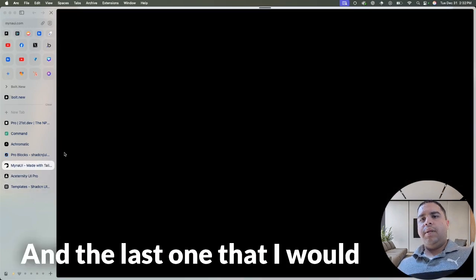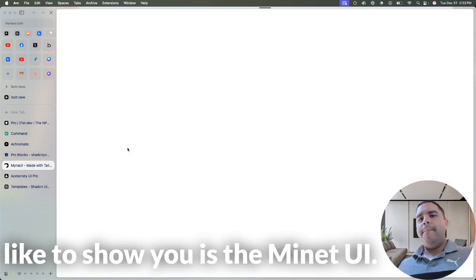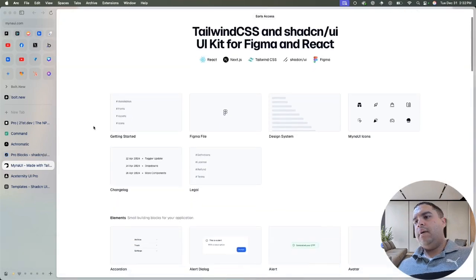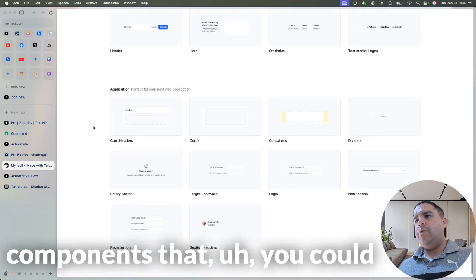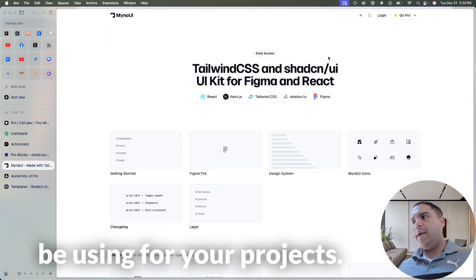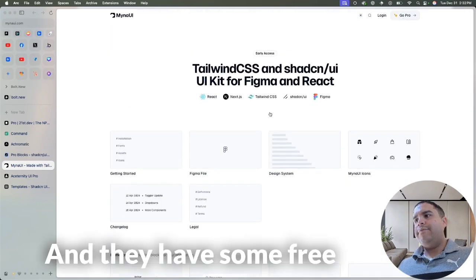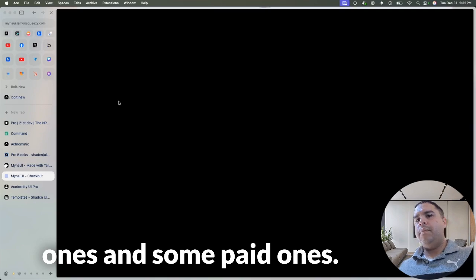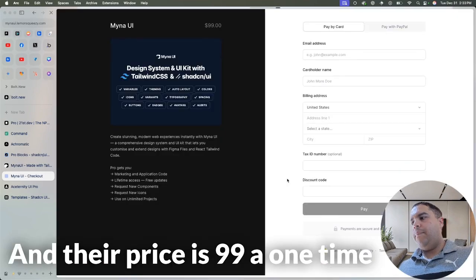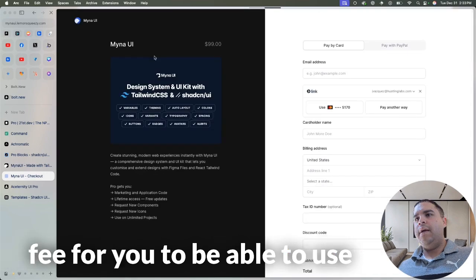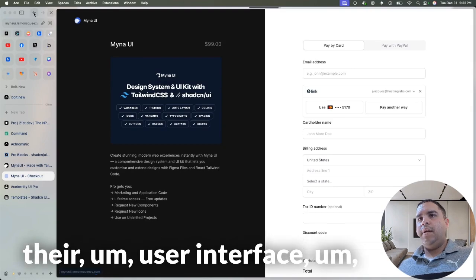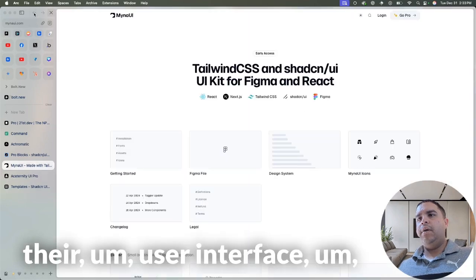And the last one that I would like to show you is the Minet UI, which again have quite a few components that you could be using for your projects. And they have some free ones and some paid ones. And their price is $99 a one-time fee for you to be able to use their user interface,